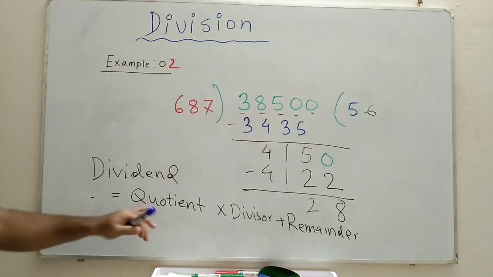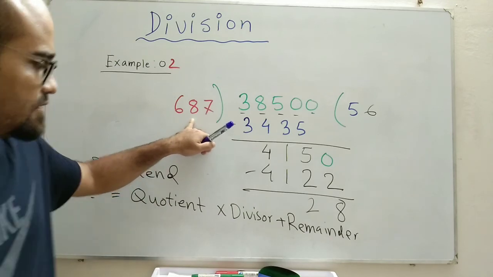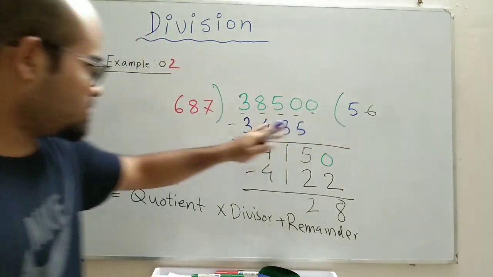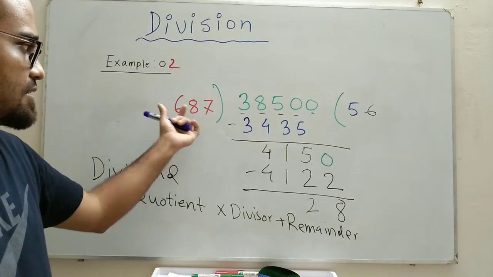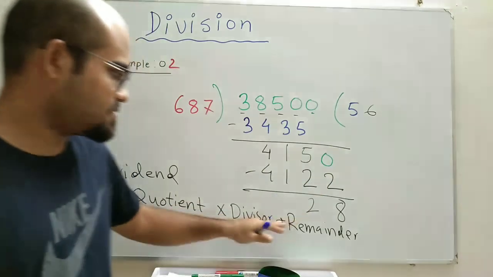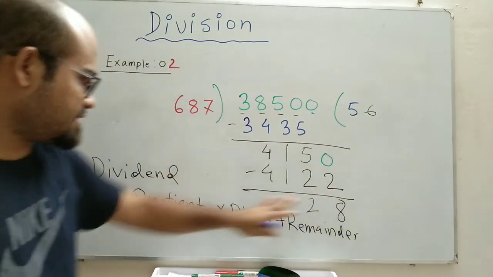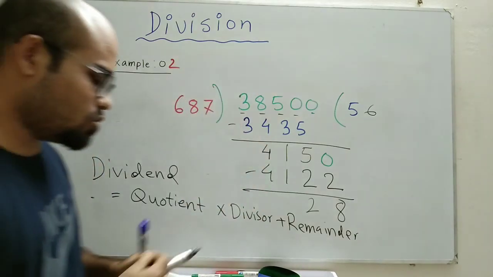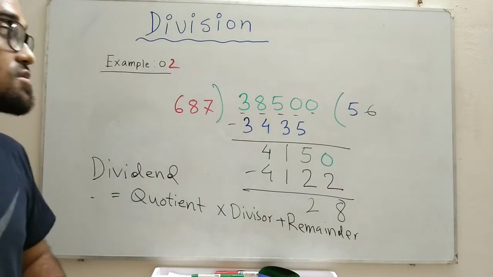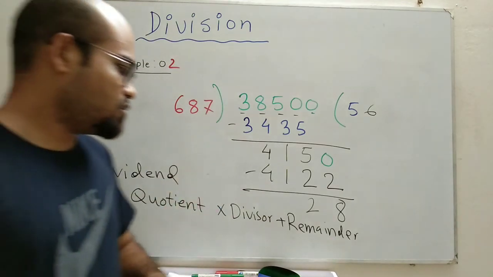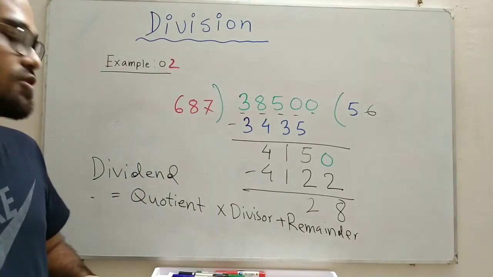So you will check whether 687 is our divisor and the quotient is 56. You will at first multiply 687 with 56 and then add with it 28, the remainder, and see whether that whole calculation equals 38,500. And in that way you would be sure that your calculation is correct and you have not made any